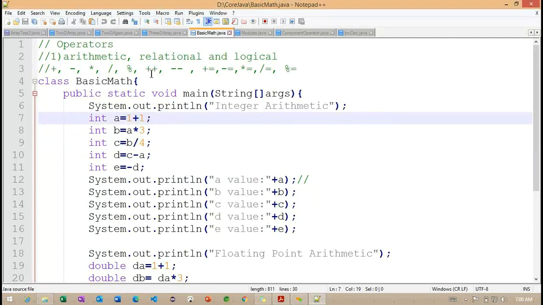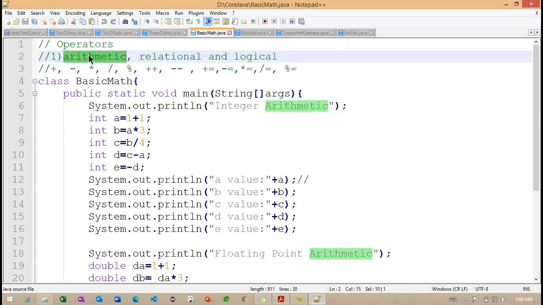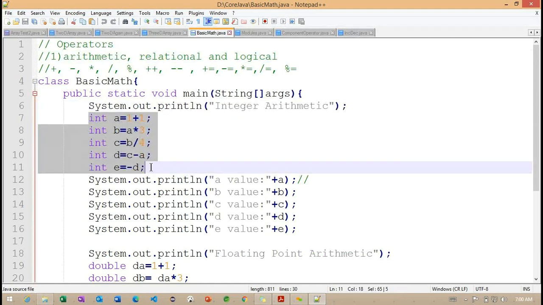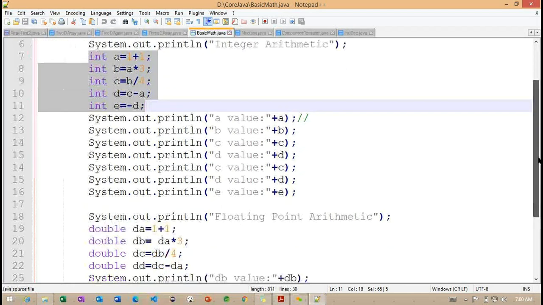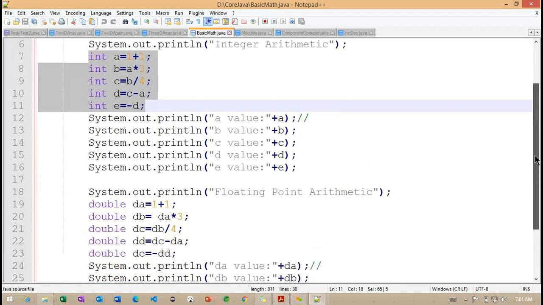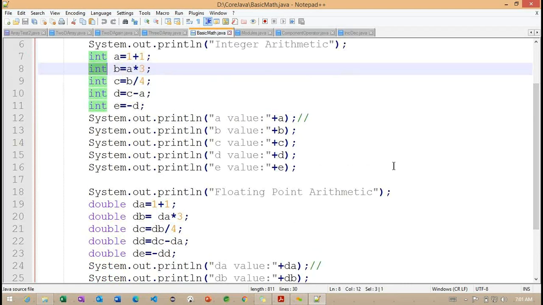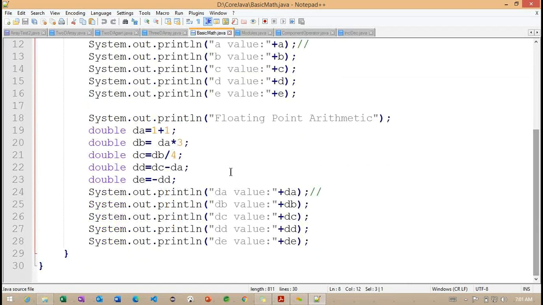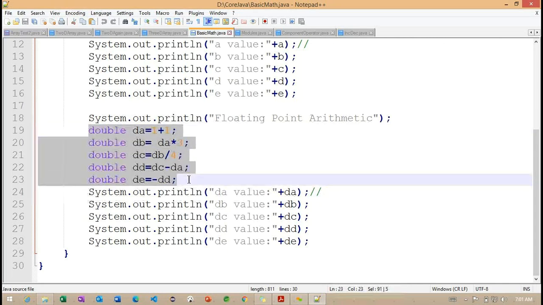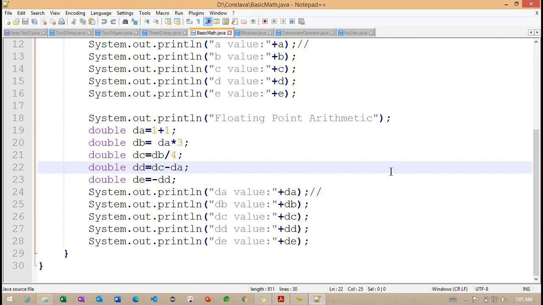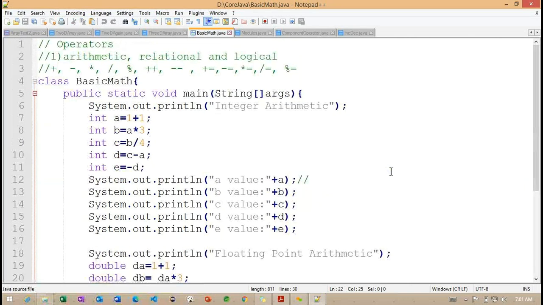Good morning, everyone. In the last class, we discussed arithmetic operators. In those arithmetic operators, we identified, with the help of basic math, how we can work with the Java language. This is a simple example we identified, and in this case, we checked with int data type as well as double data type. Getting the point? So we identified in the last class how exactly each data type's values change here.